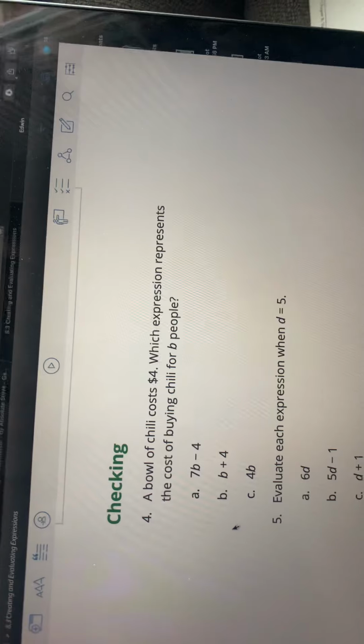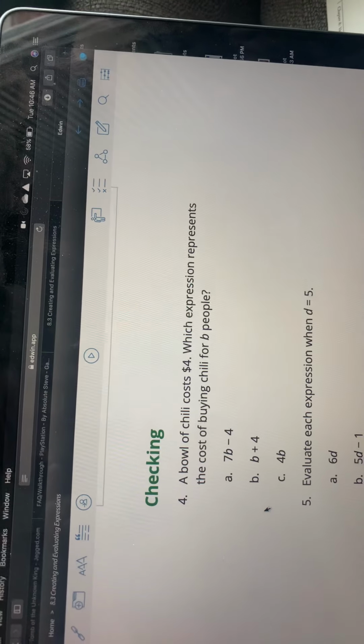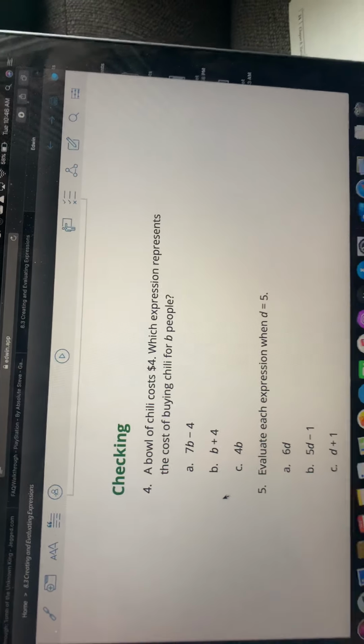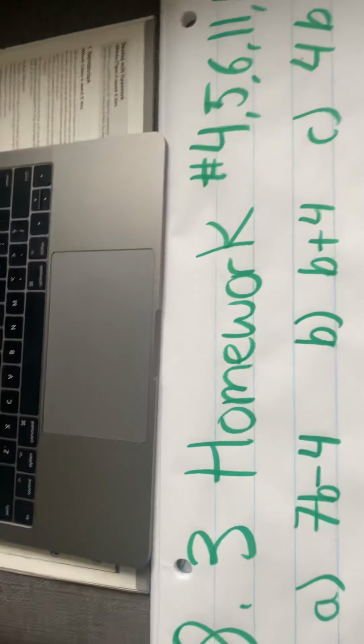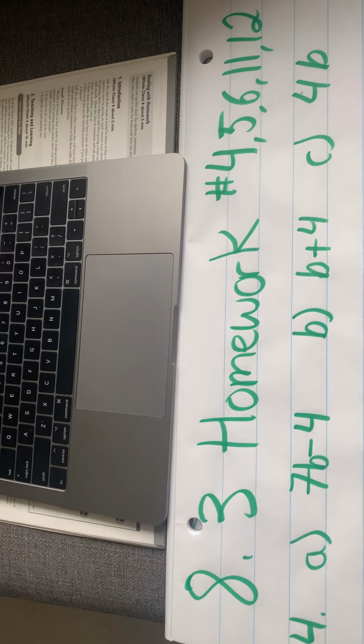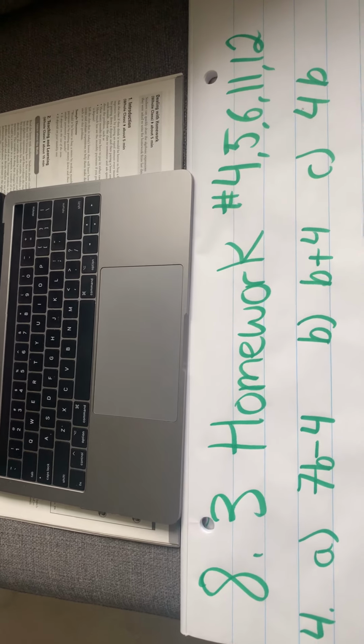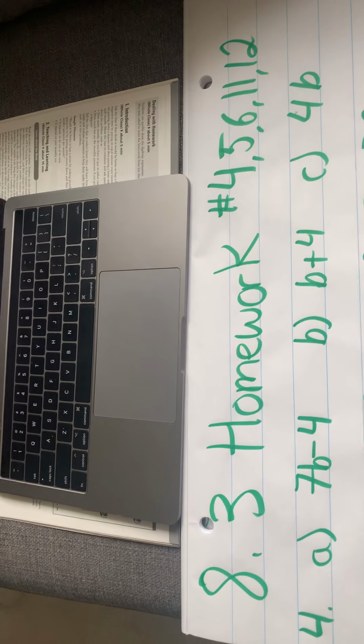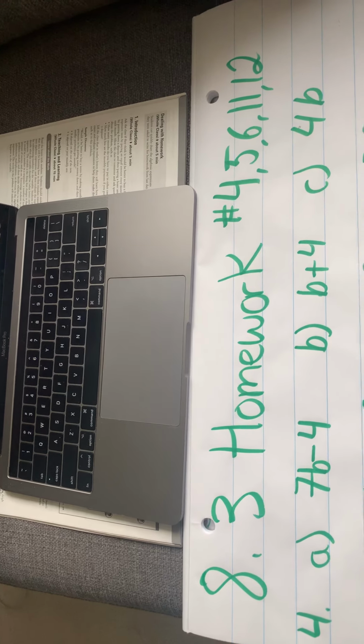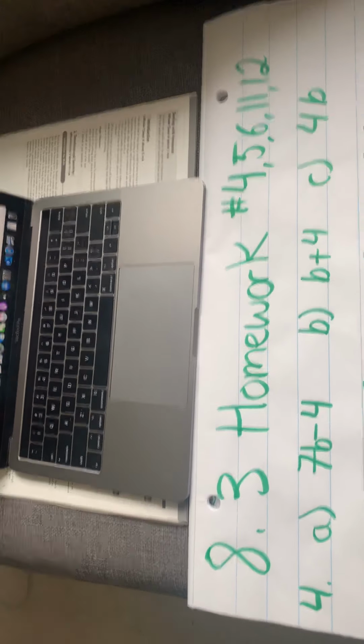So, question number 4. A bowl of chili costs $4. Which expression represents the cost of buying chili for B people? Well, these are our 4 options. We have 7B take away 4. We have B plus 4 and 4B. Well, right away,